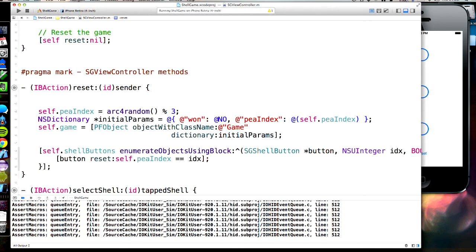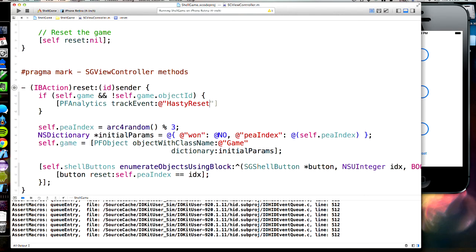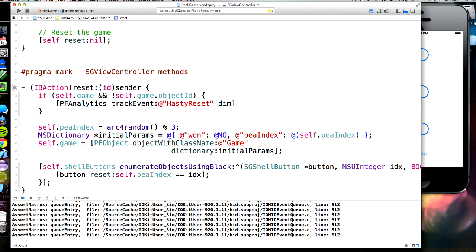Well, in the reset action, we know that if we've initialized that self.game property, but it doesn't have an object ID yet, then we know it hasn't been saved. Object ID is the ID assigned to the object by Parse on save. So we can do something like, if it exists but there's no object ID, we'll call it a hasty reset. And if you want, you can pass dimensions in. In this case, we won't. It's a pretty simple event. But when we run it,